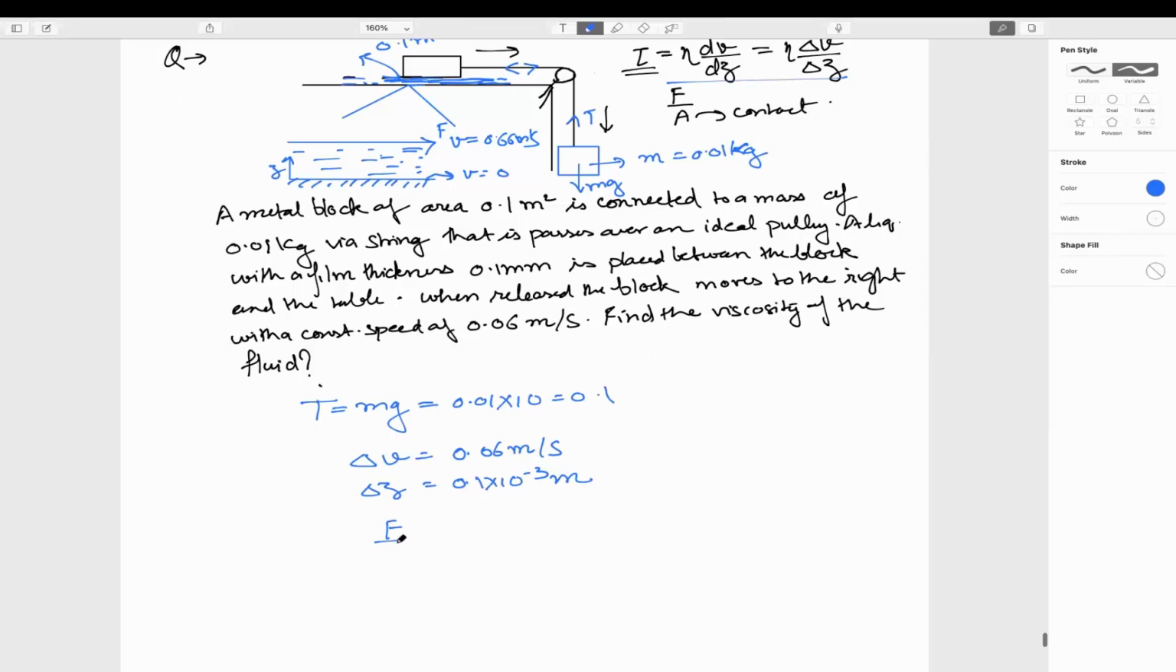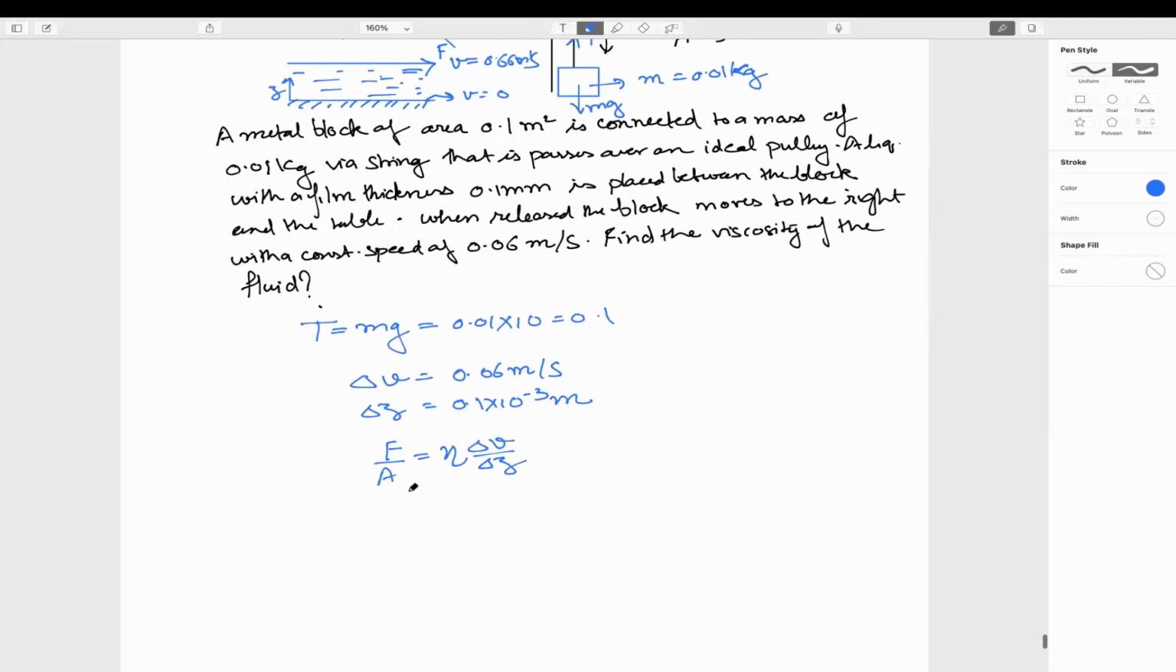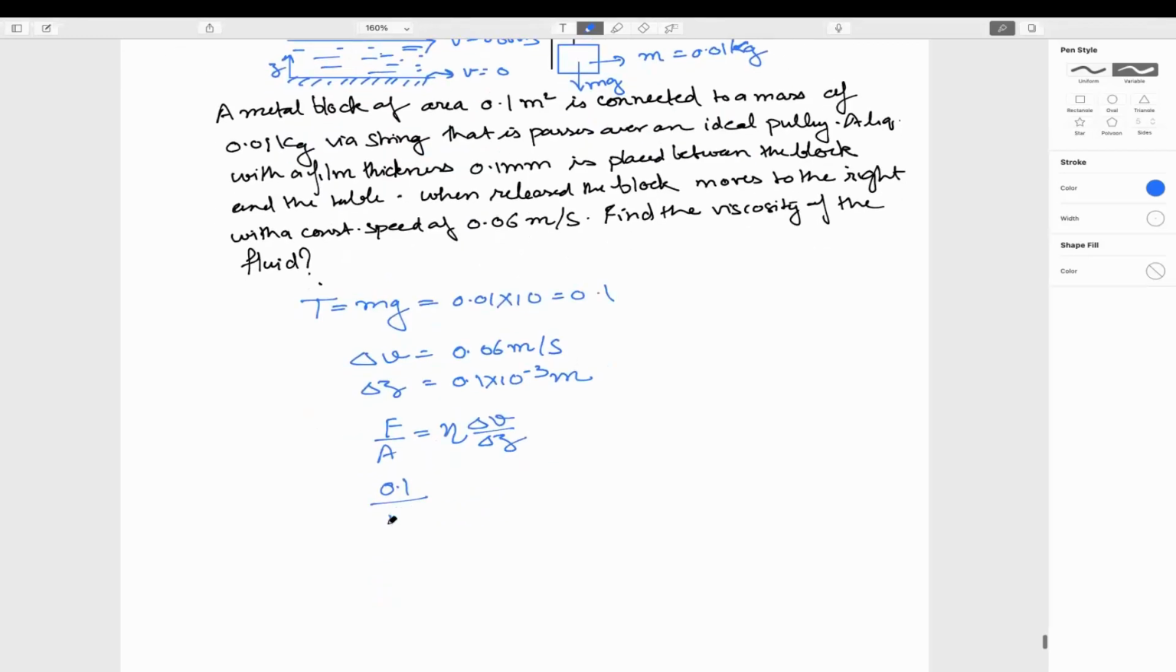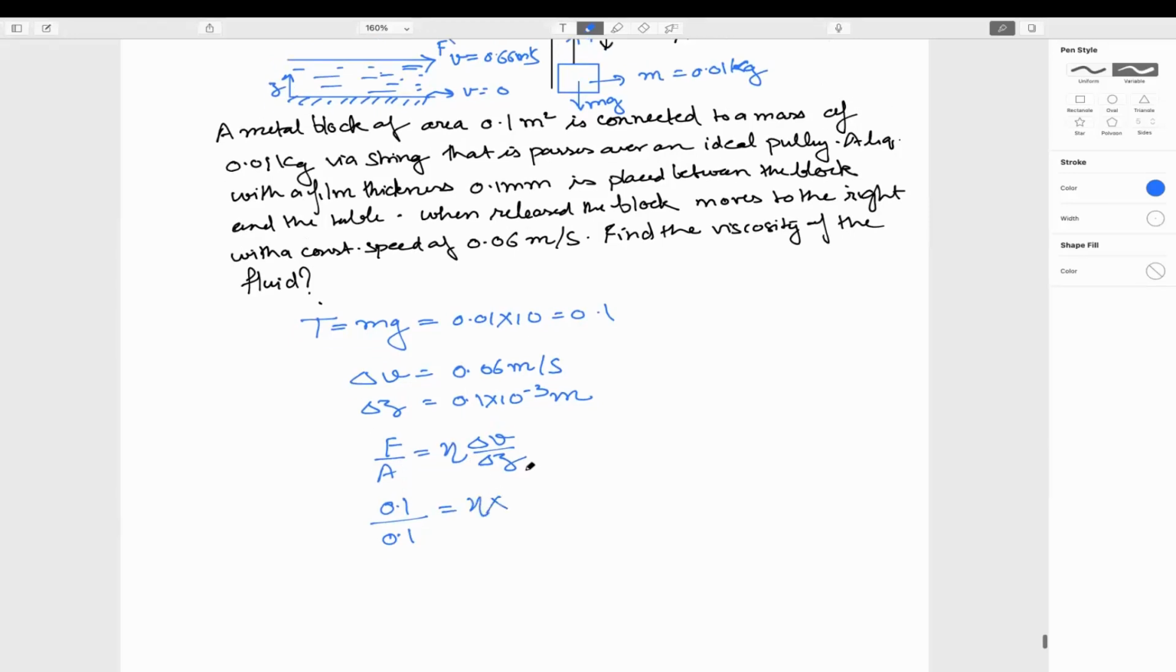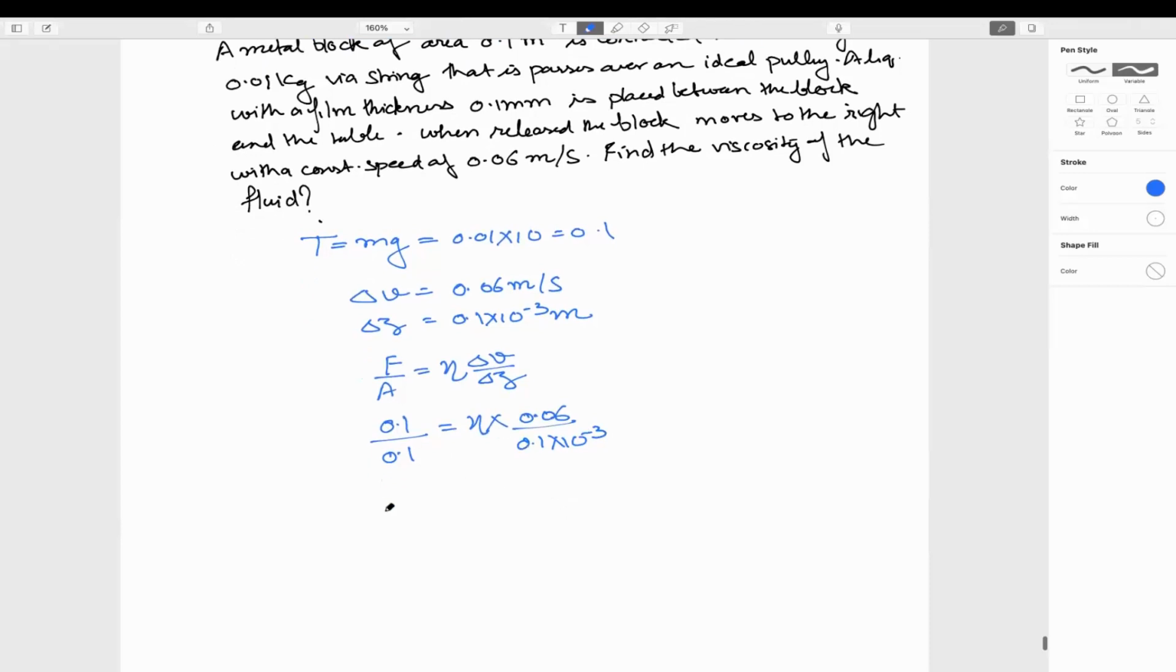That is, force per unit area is nothing but eta into del V by del Z. So force is this tension, that is 0.1 Newton. Area of contact is also 0.1. Eta we need to find out. Delta V is 0.06. Delta Z is 0.1 into 10 to the power minus 3. From here we can get eta. Eta comes out to be 0.1